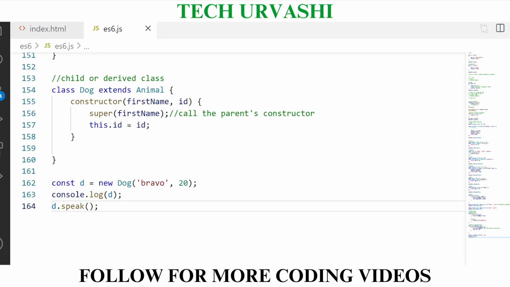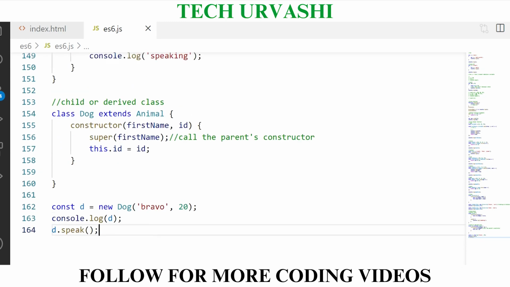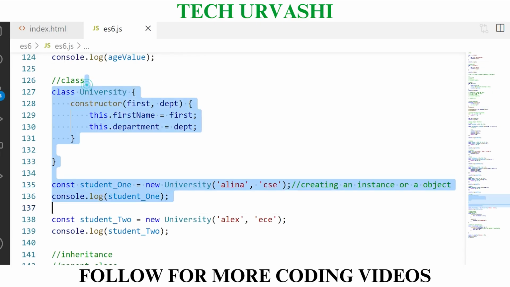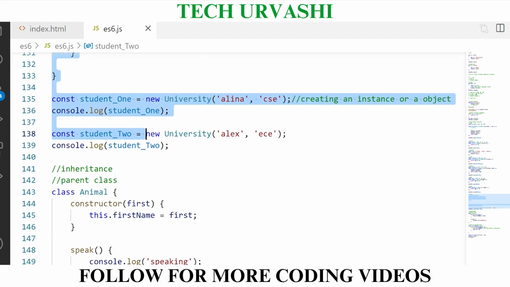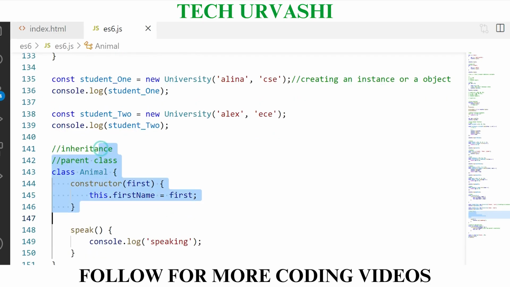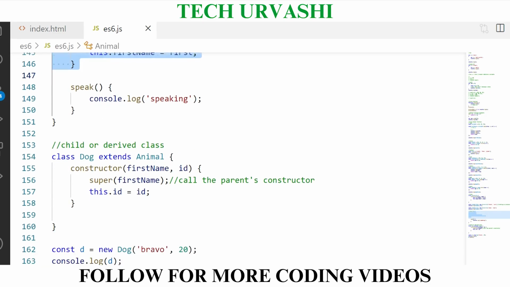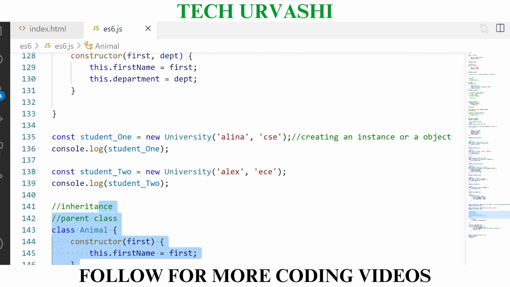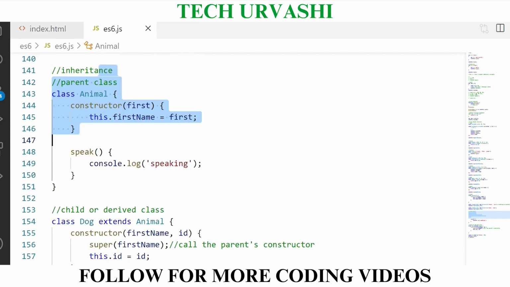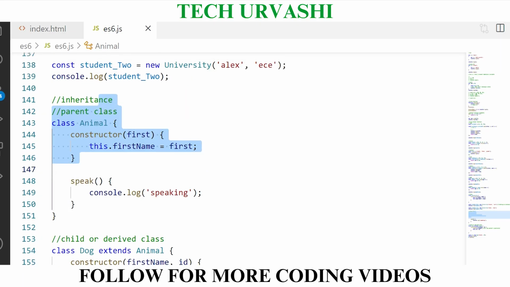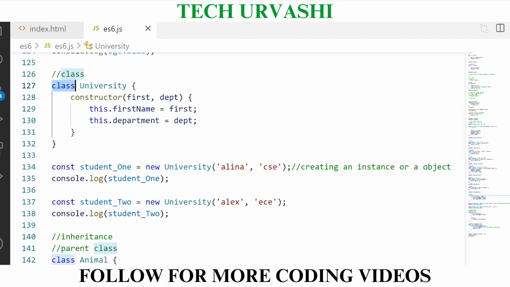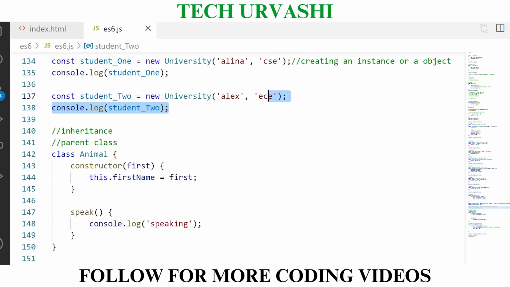So this is how we can use inheritance in ES6. This is how we create classes in ES6, and we use this object oriented approach by using inheritance as well, where we have this parent child relationship. The main thing we really need to consider here is the accessibility of these properties and methods. The main idea of using this is that classes are like JavaScript object templates. You will have repetitive properties, but the values are going to differ. So properties are going to be the same, but values are going to be different. In this case, we can use this concept of classes.